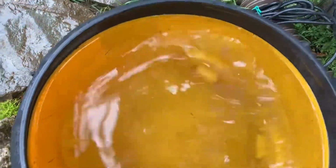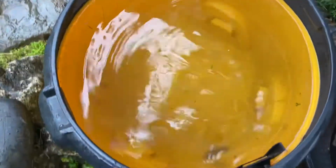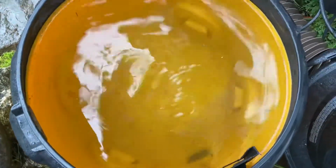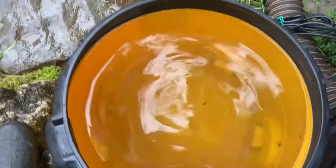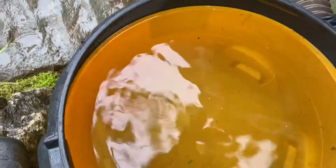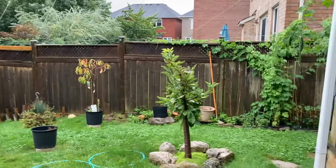See? There's not much fines at all compared to like in the summer. Sometimes during the winter, I vacuum these skimmers just once a week, and it's even clearer than this. See all the little fines? And it's just a matter of dumping it into the plant. Not that I need it today, it's very soaked. So we'll go ahead and